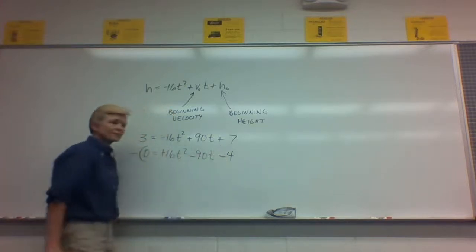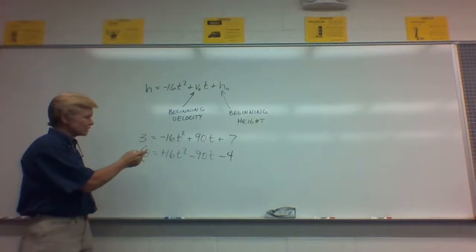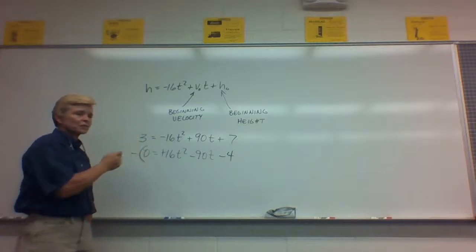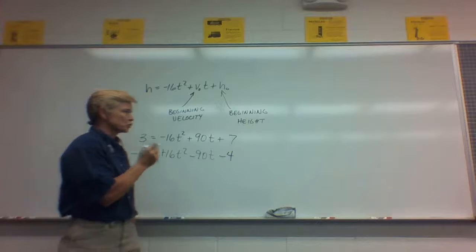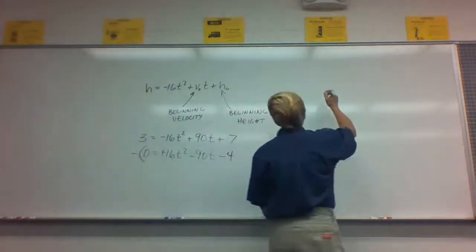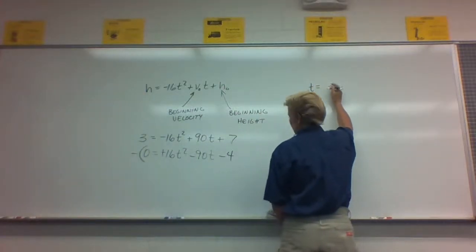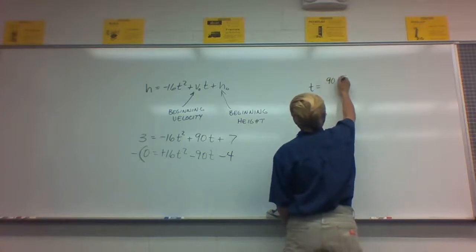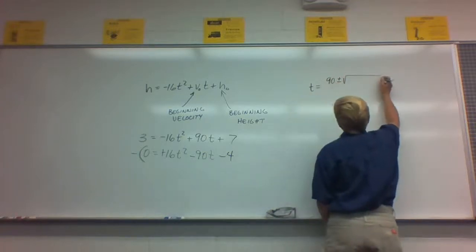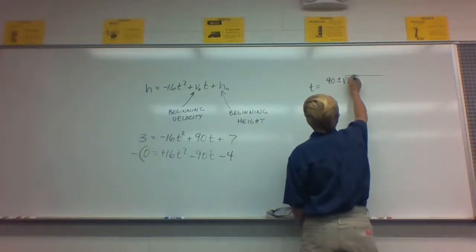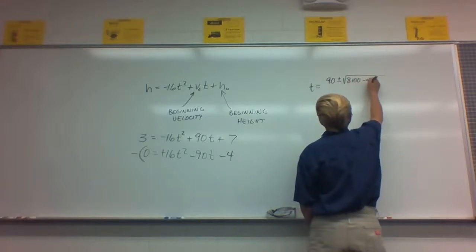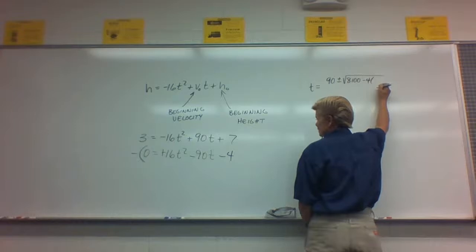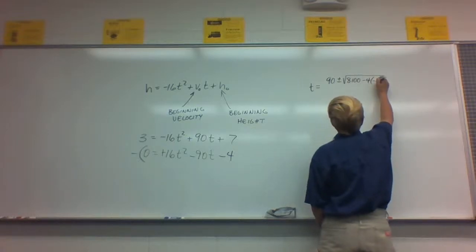Did you catch that? Now I've got things in a proper way so that A is positive. I'm going to find those zeros using the quadratic formula. So here we go. T is going to equal... It's not X equals because the variable is T, and it's going to be the opposite of B, plus or minus the square root of b squared minus 4 times a times c. 16 times negative 4 is negative 64